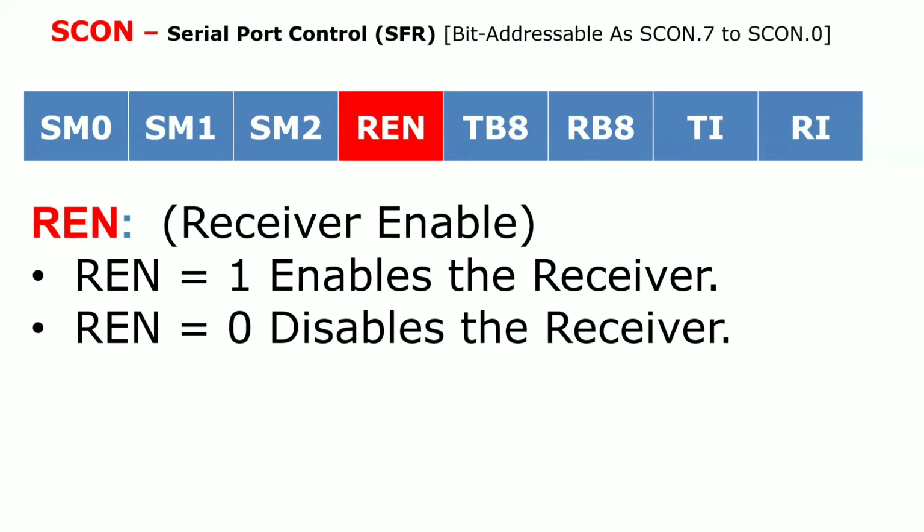But during reception, suppose there is a particular person and I don't want to receive the call from him or her. What will you do? You will put a block. That means you will disable that person. Similarly, here also, whenever you don't want to receive the data, disable the receiver. That's why there is no transmission enable at this point, right?